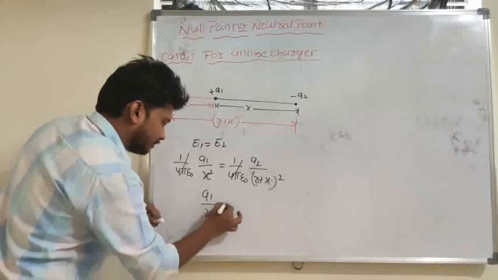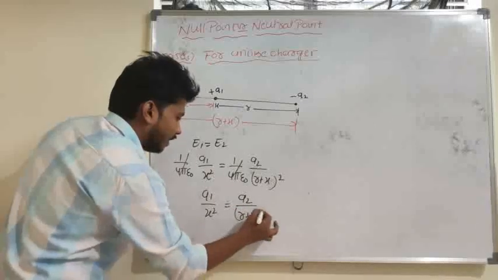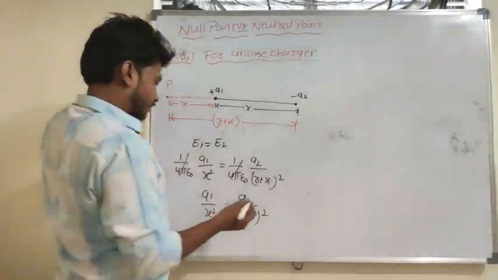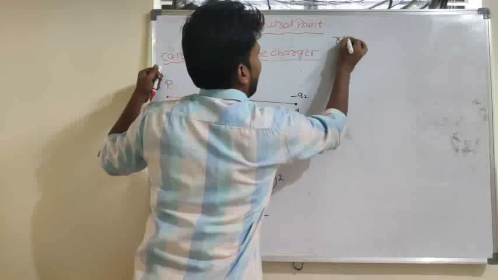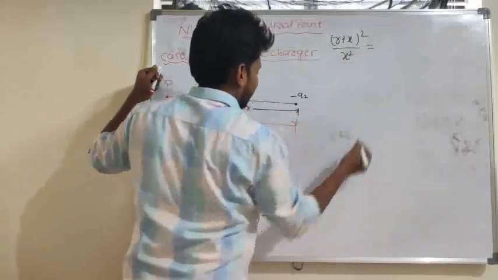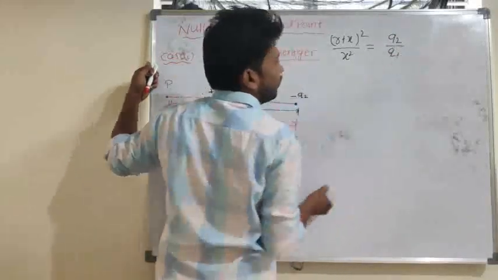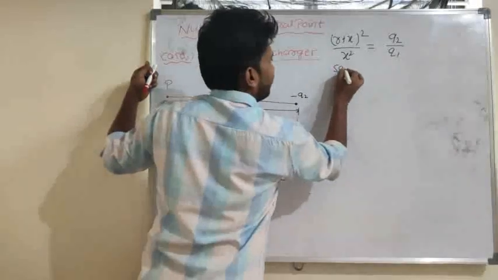So q1 by x square is equal to q2 divided by r plus x whole square. I will rearrange: r plus x whole square divided by x square is equal to q2 by q1. If you take the square root on both sides,